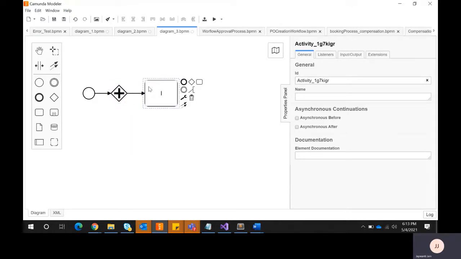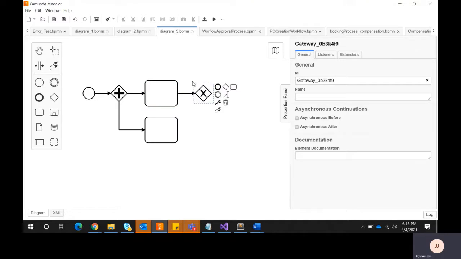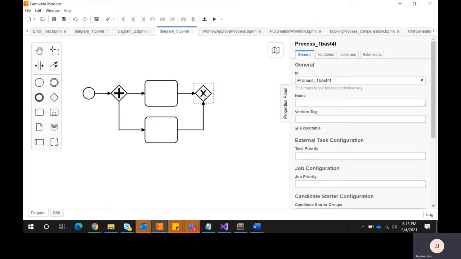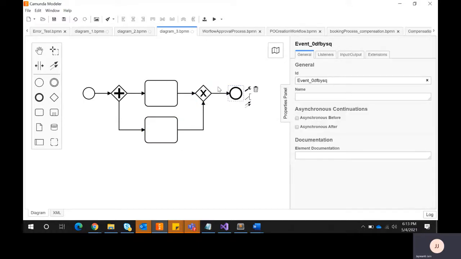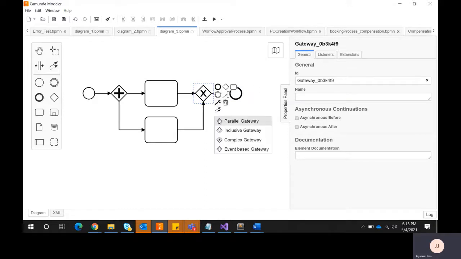Then we have a set of activities to be called. Again I attach a parallel gateway over here, with an arrow pointing here, and then I want to end the process. Here I also change the type to parallel gateway.